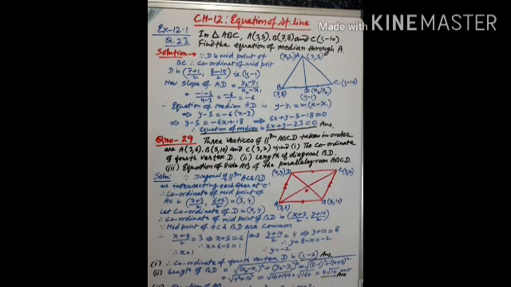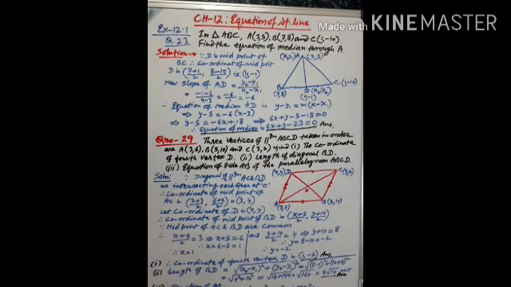Now you have to find the equation of AB. This is the AB line, a side of the parallelogram. To find the equation of a line, first of all you have to find the slope of AB. The slope of AB is again the formula you know, (y2 minus y1)/(x2 minus x1). Substitute the values of x1, y1, x2, y2, then it is 4 by 2, after cancellation 2. Therefore the slope of the line, given by m, is m equal to 2.